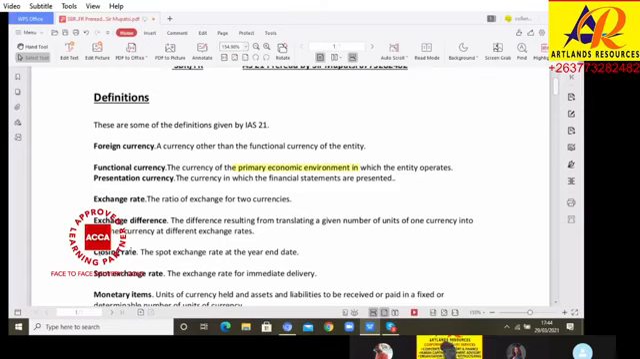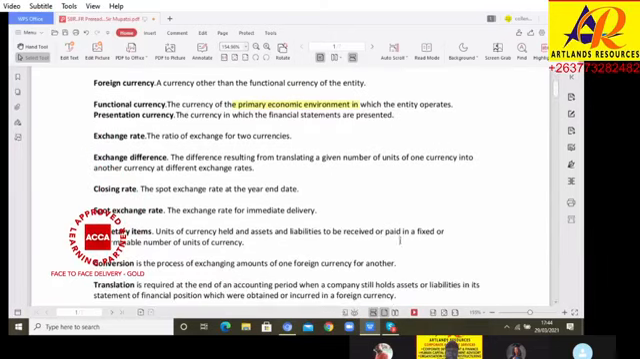Closing rate, closing rate is the exchange rate or spot exchange rate at the year end. That's the closing rate. Make sure you take note of these definitions. Monetary items,